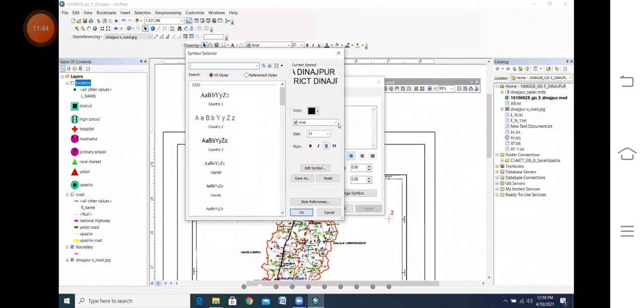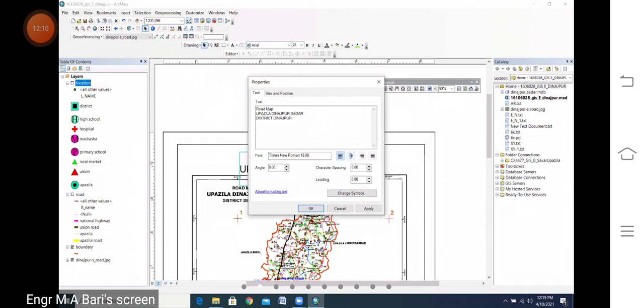Then whichever font you want, you can select from there. Suppose you want Times New Roman, for example. Suppose the font size is 20 or less. Then apply.